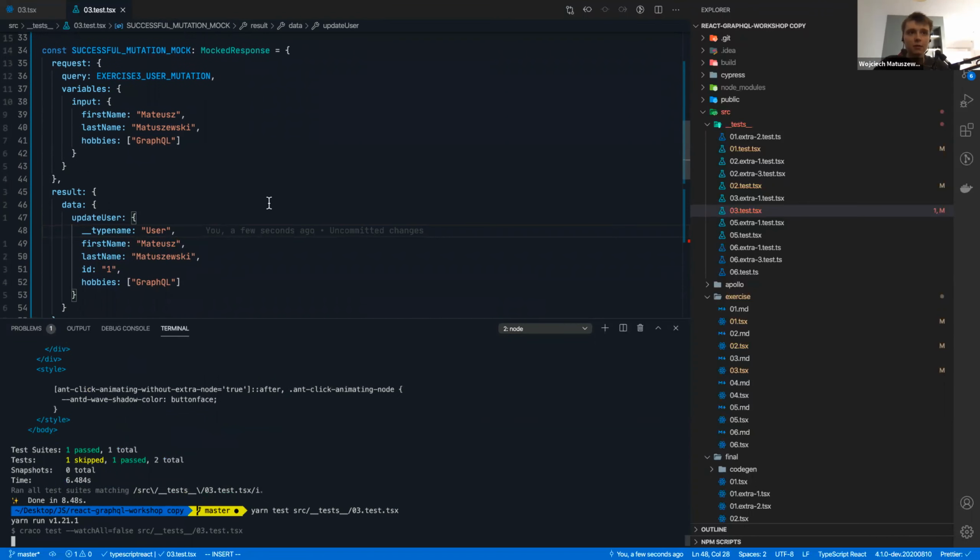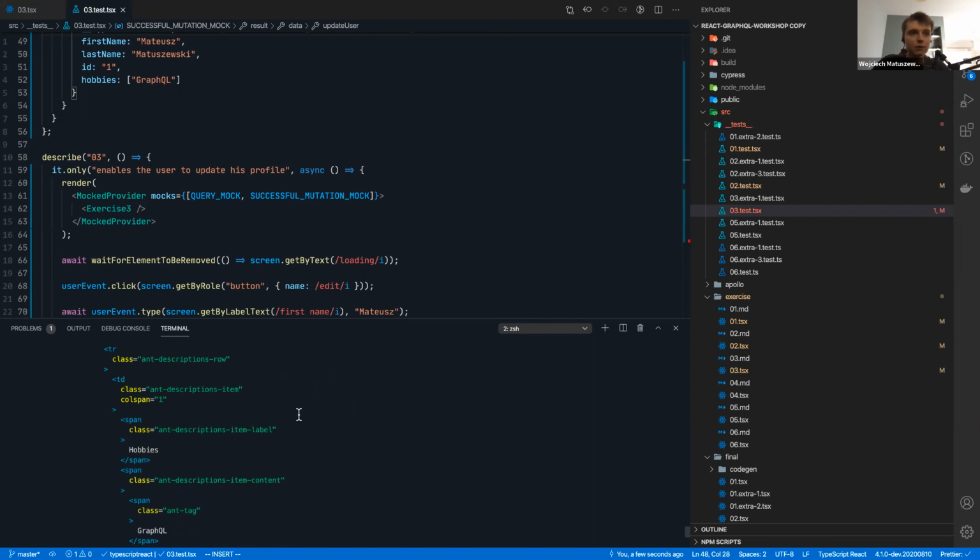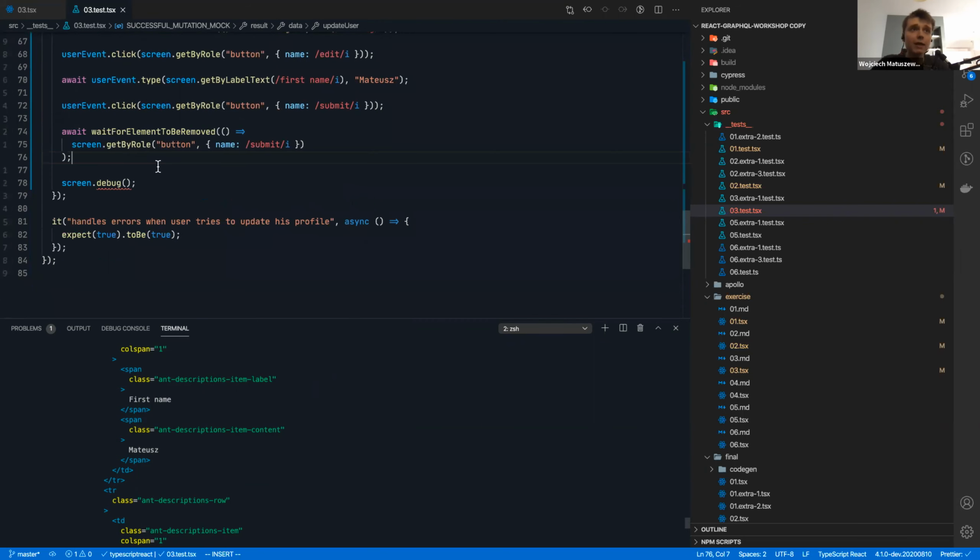And this should make it pass, I hope. Yes, and we'll see that there we go, Mateusz updated. And this is how we test in isolation that the cache automatically updates the queries, basically the state of our components. So I can assert that just to make things clear,